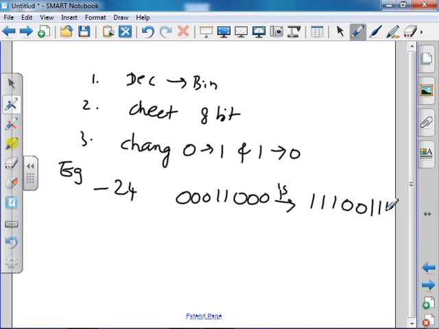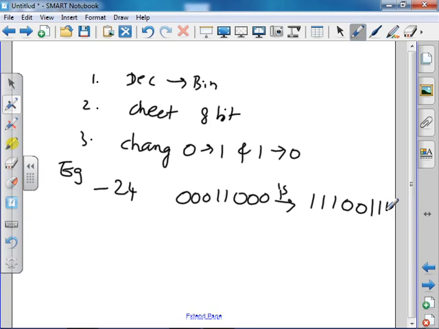So as per the rule, first convert the given decimal number into binary form. If you convert the given number 24 into binary, you will get 11000. Then make it an 8-bit number. Check whether it is 8 bits or not. I have checked, and only 5 digits are here, so now I am going to add 3 zeros in front of the number. So the second step is over.